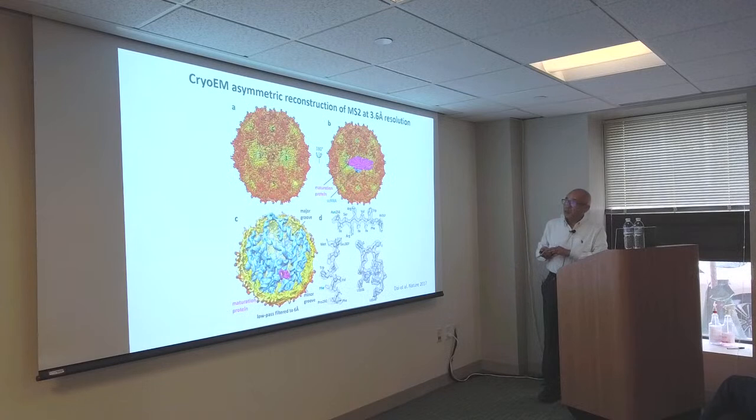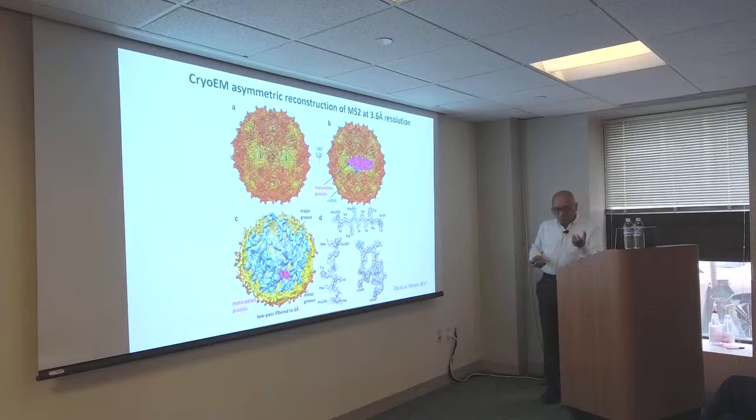So we determined the structure using a similar approach to what I just told you about the herpes virus. And there were two very immediate observations we made. The first one: if you look at the outside, you see this unique region, colored differently from the orange region. We immediately identified this as the maturation protein. The other protein, of course, we already know from crystallography. So this is that mysterious missing protein that we are now able to resolve.